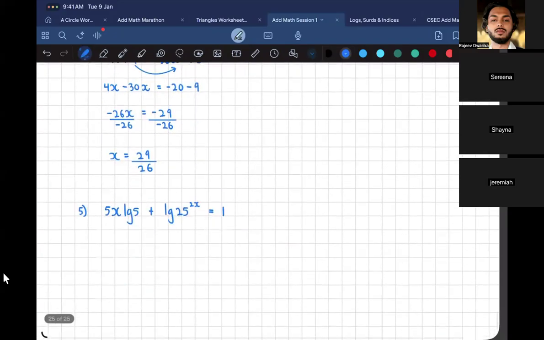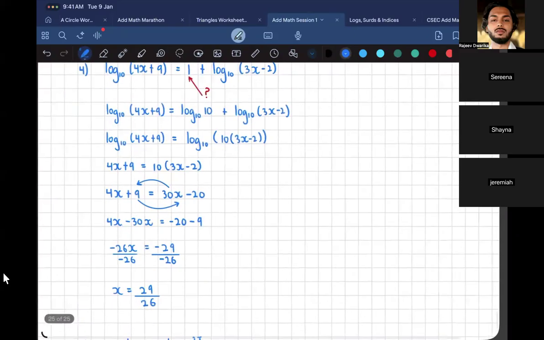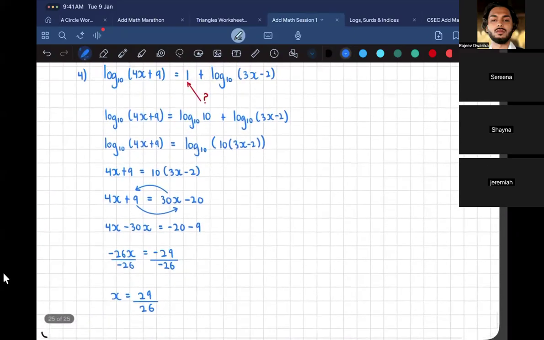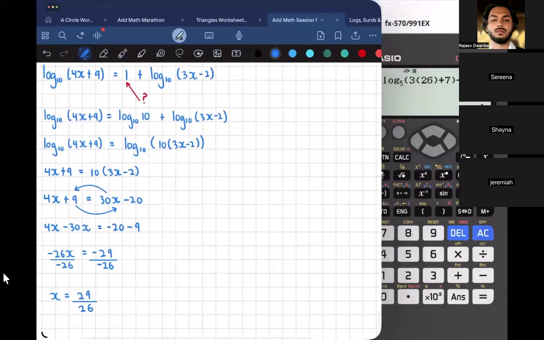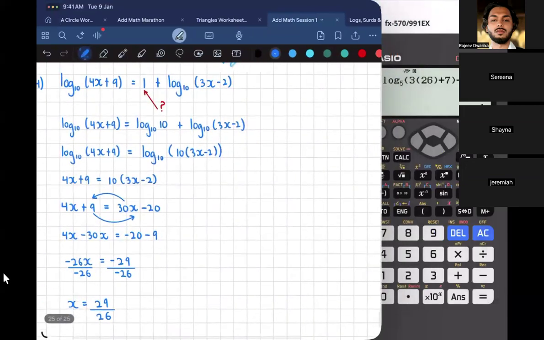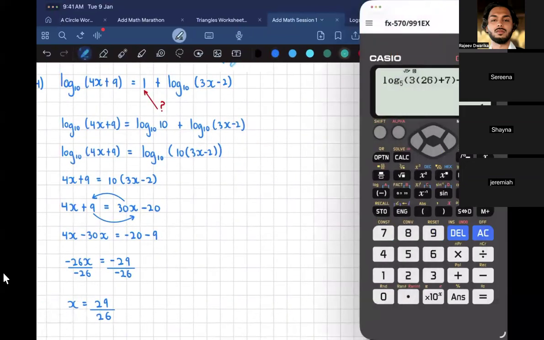Now, we only got one answer, and this answer was positive. So, Serena, I think it's safe to say that answer is valid, right? Yes, sir. And Shayna, if I wanted to prove that my answer is correct, what would I do? Yeah, put x back into the original question. So every time we see x, put in 29 over 26. Right? So I would put log base 10,